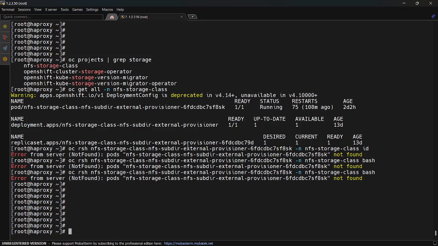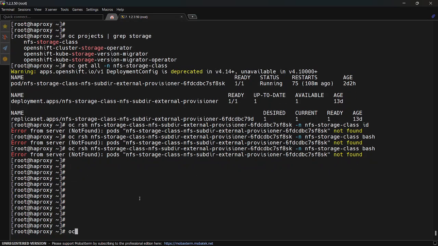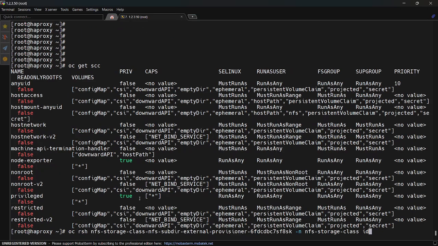But the best practice is, whatever application you are running, build your own images. You must use a non-root user instead of the root user to comply with the OpenShift security parameters. Okay, so now we will go back to SCC, and I will now describe another SCC that was